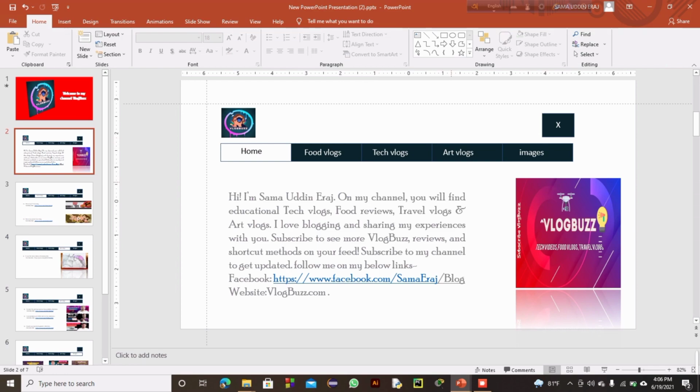In my previous slide I forgot to add this cross button. Basically, how I do that is I keep the rectangular shape here and add the X button on it using a text box. You can see that this is a text box and the other is the rectangular shape. Don't worry about how to add this, and I hyperlink it to our next slide.